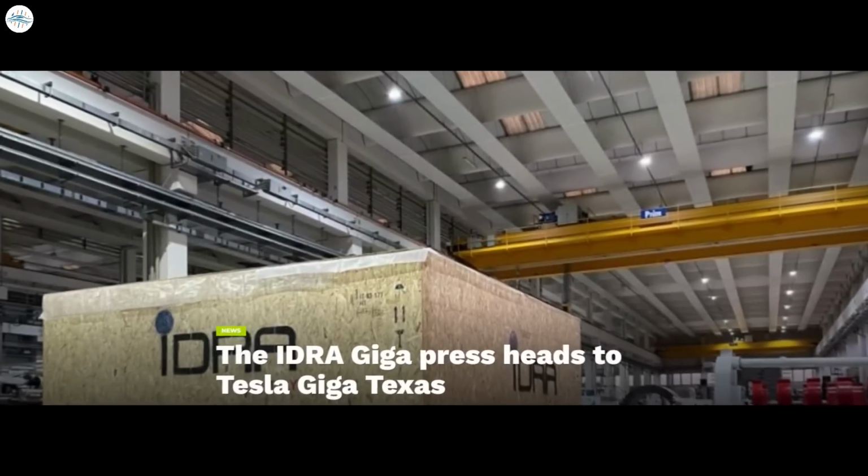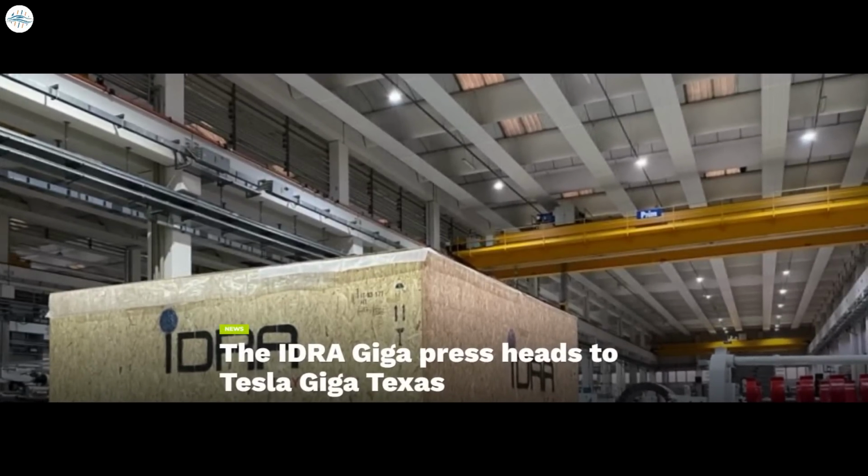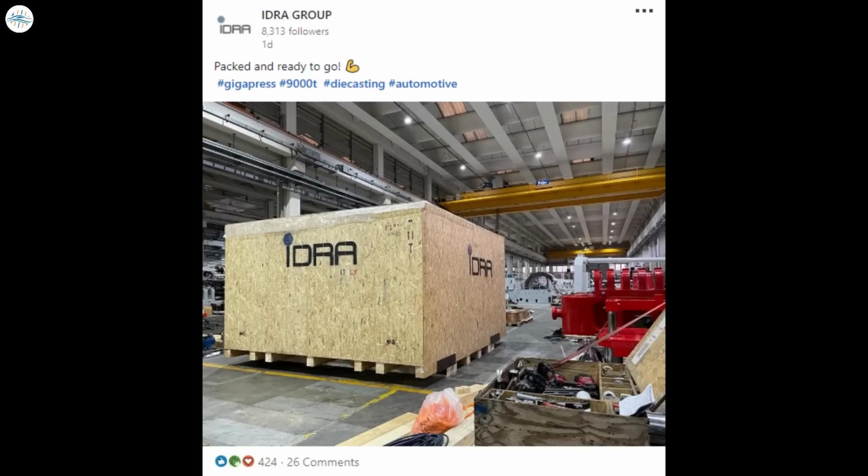Moving to the next update, the IDRA Giga Press heads to Tesla Giga Texas. IDRA Group's Giga Press is now packaged and headed to Tesla Giga Texas. In a post on LinkedIn, IDRA Group showed the new 9,000-ton Giga Press, packaged and ready to be sent to Tesla's Giga Texas facility. The new press is a vital part of Tesla's production line, as it will be used